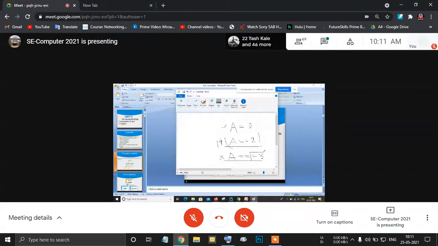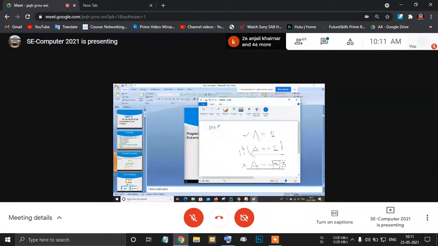There are so many errors that we can identify in a semantic case. Let's take another type of error in dynamic programming. Suppose I have a node. That node consists of information, that is, address and the data. So one node consists of two attributes. One is data, the other is address. So data and the address.